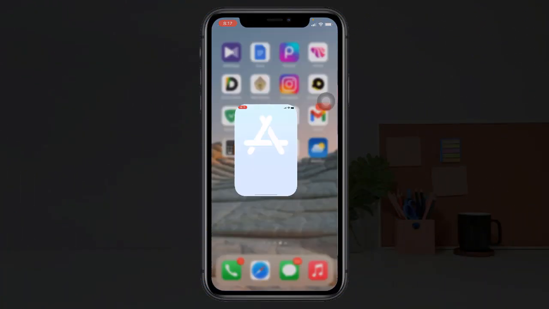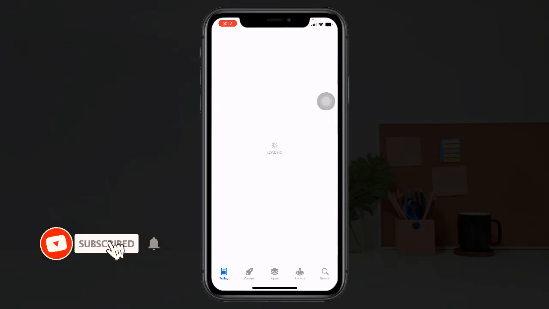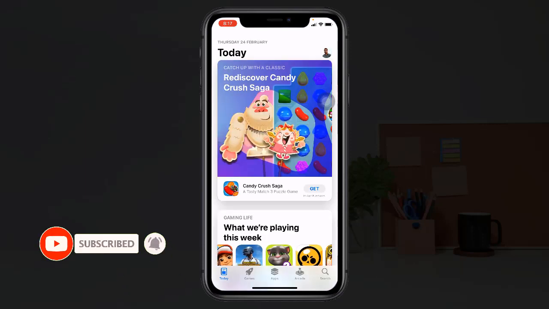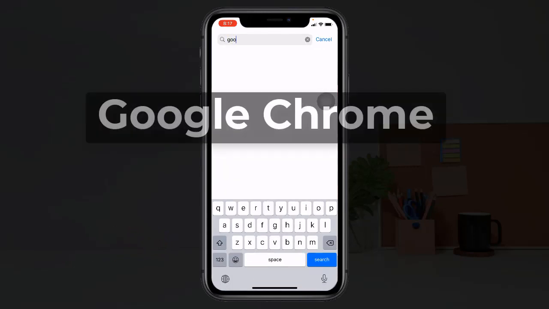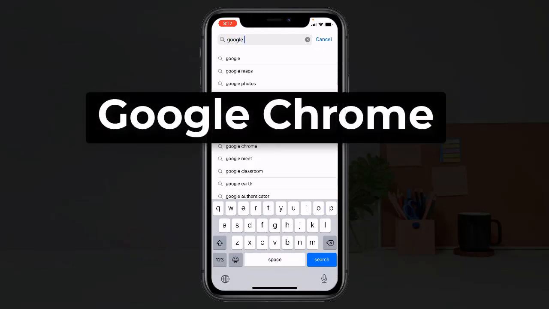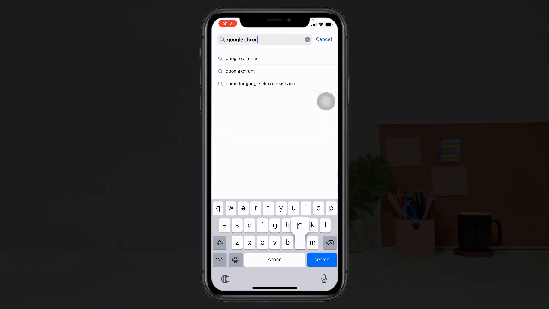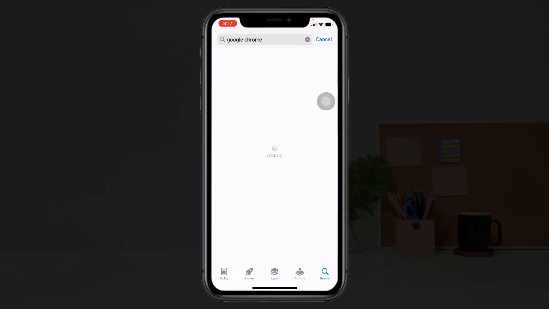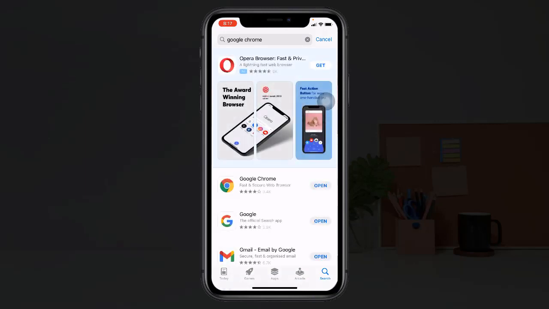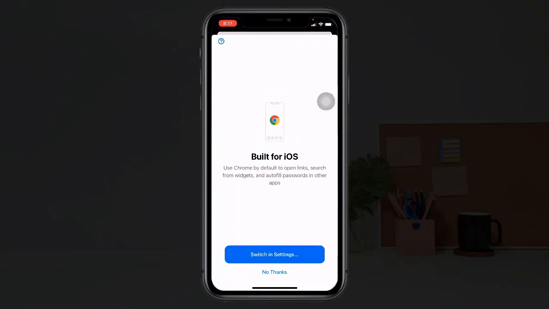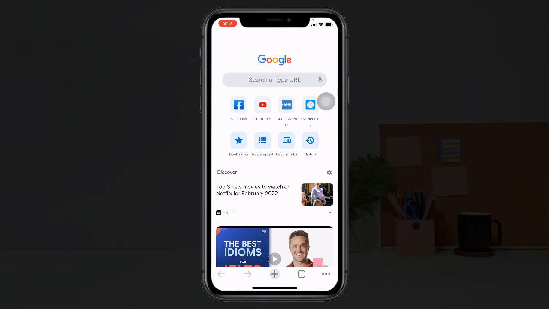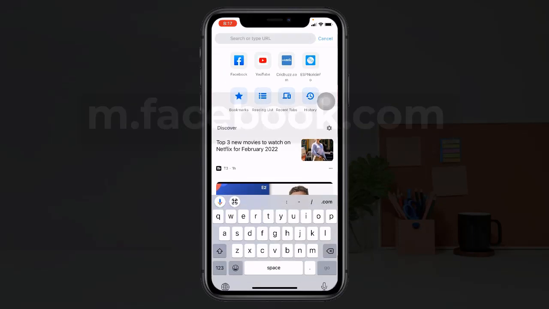First, go to the App Store and search by typing Google Chrome. Install and open the app. Then click on the Facebook icon or do a Google search